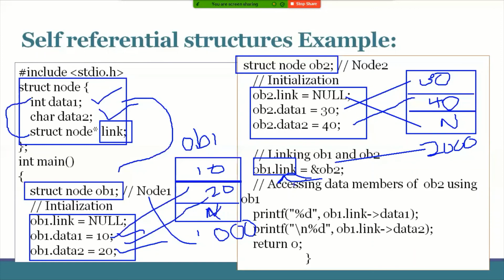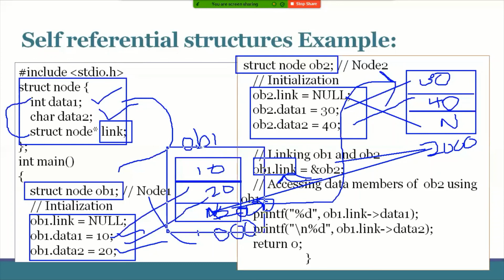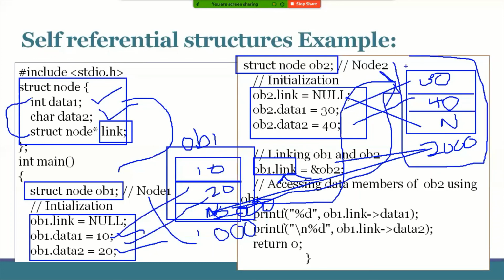This one is replaced with this address 2000. Nothing but this one pointing to this node. So a collection of nodes, each node representing a structure. The first object's link field is connecting to the second object. From this I can access second object details. Now the second object address is given to object 1.